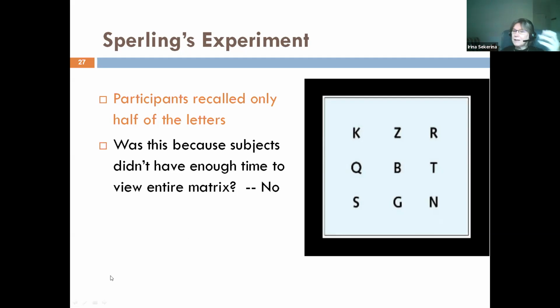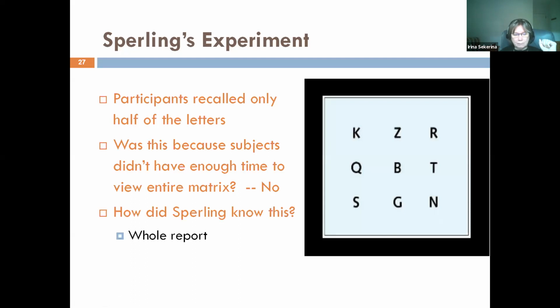So he said, it's not that the participants were not capable of holding all this information in their sensory register. It's just that it decays so fast that we don't have time to report it. And you could see that. So actually, he says, the capacity is much better than 4 to 5. It's 9 to 10. So it's large, quote unquote. But the problem is